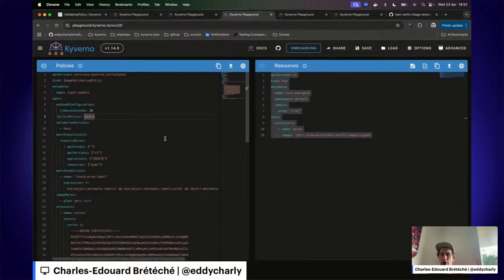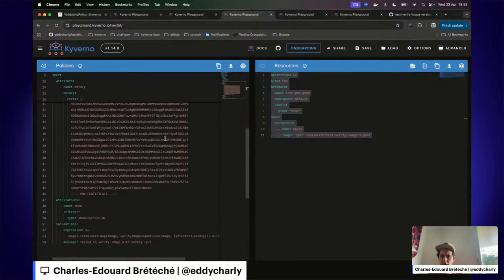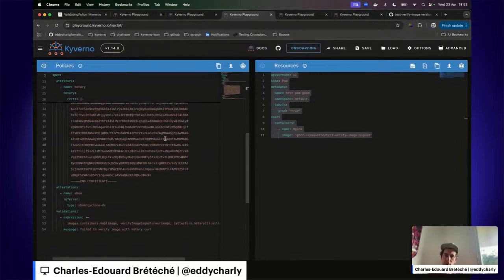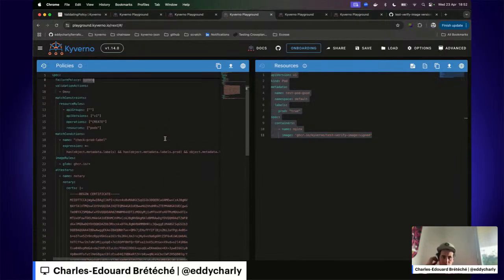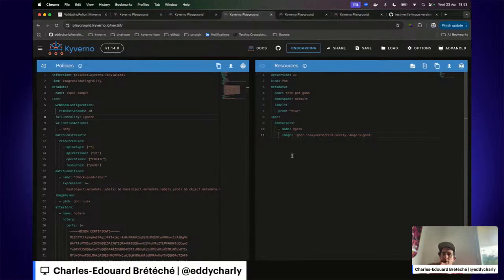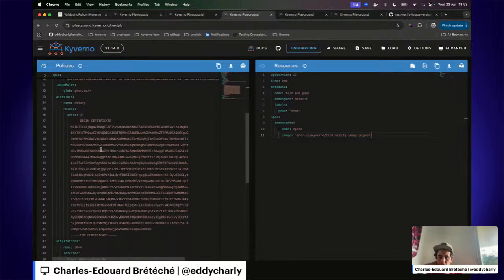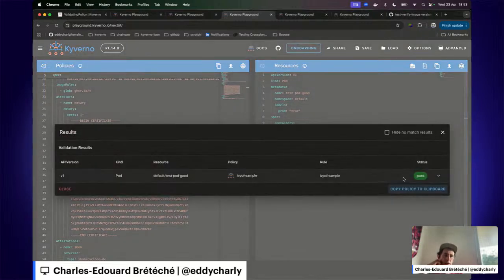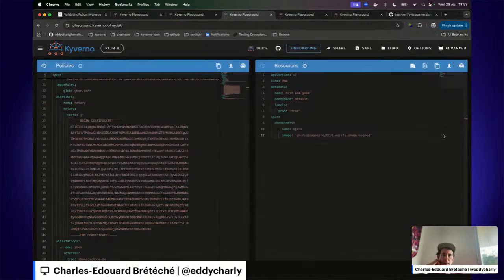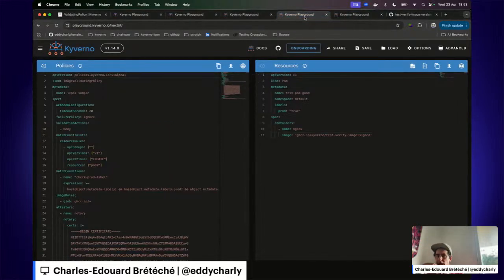So we have a couple of samples in the playground where you can play with image validating policies. So this one is going to do the same thing. It will verify that the image is signed with the correct certificate, and it passes.